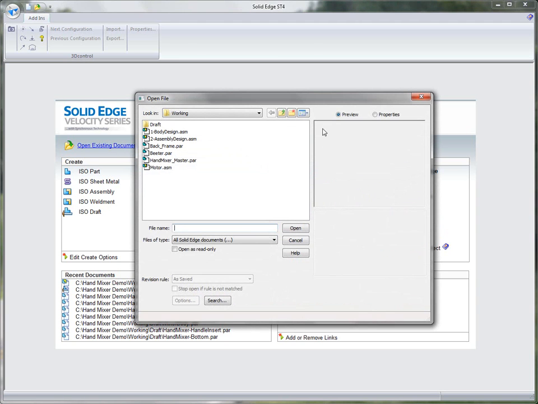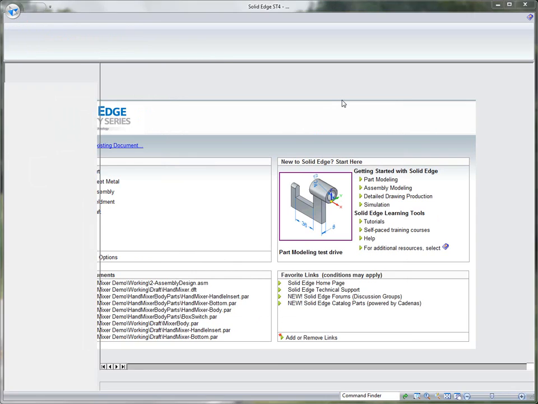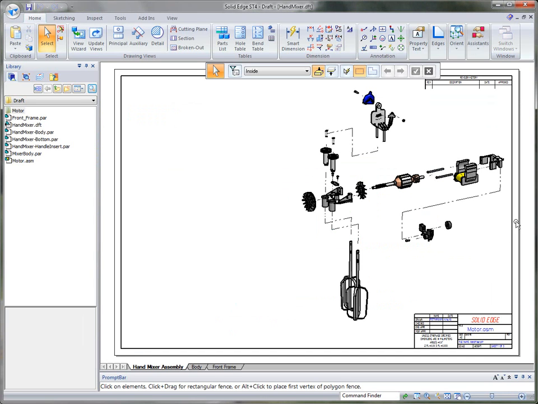Okay, the final thing that we're going to take a look at for Solid Edge ST4 using the hand mixer demonstration is our drafting environment, which is a world-class environment. So what I'm going to do is open up a draft document, and in this particular draft document we've already got an exploded view with flow lines, and what we need to do is just create